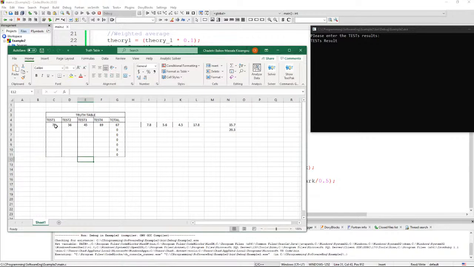So I'm seeing here test 1 78, test 2 56, test 3 45, test 4 89, then it gives me a 67 there. Then total average is 35.7. Then what is needed is 20.3. Now let me try to enter them to see if my truth table is correct there. So test 1 78 space, test 2 56 space or tab, it doesn't matter, 45 tab, and then the